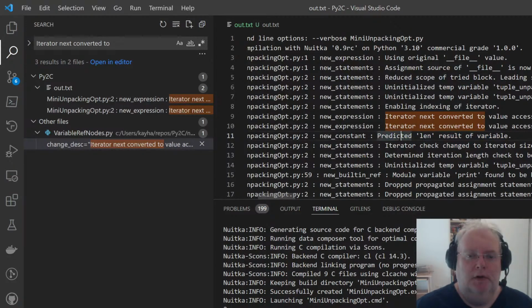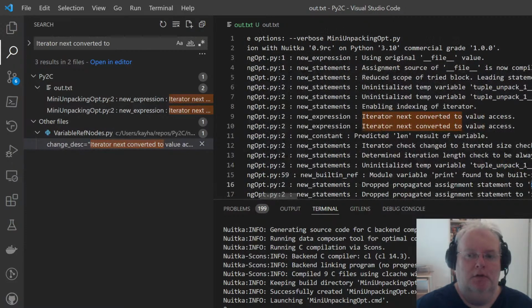Len result of variable. Actually, we could. No, I don't have a name for the unpacking. So I could output this variable name. I could output the variable names. Yeah, maybe I should, because they are going to be used here and there.